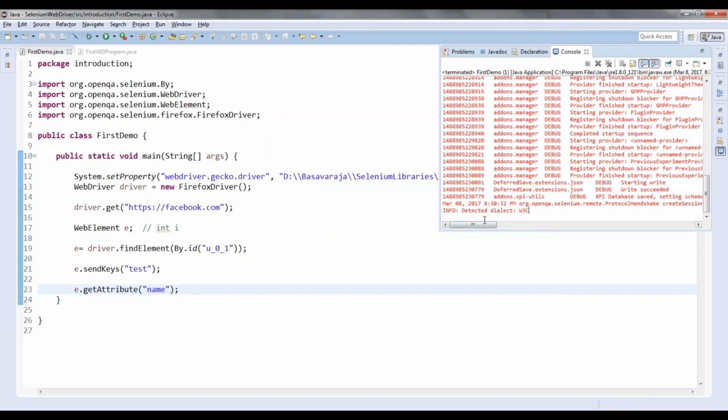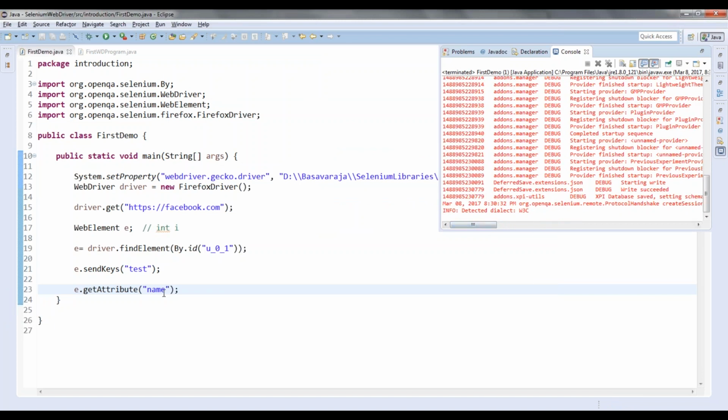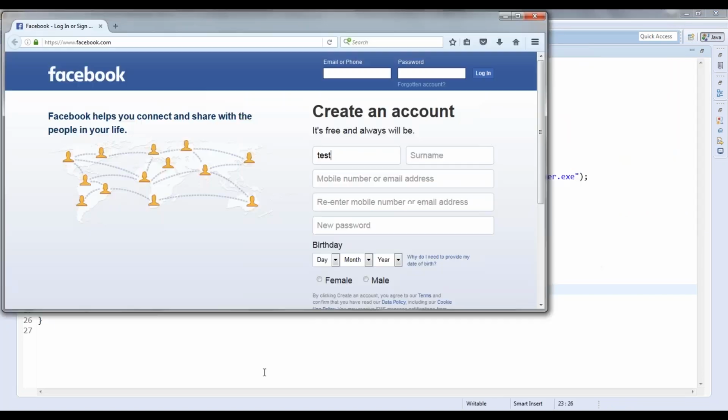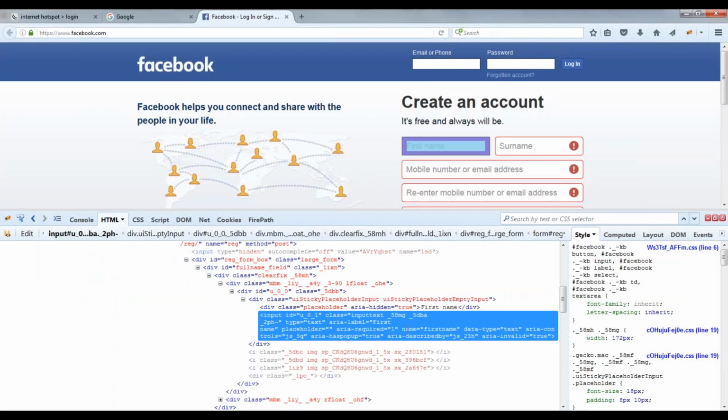Okay, it is not doing that here. Let me see. Just 1 minute. E dot get attribute name. So where is the name? It should give me the first name.